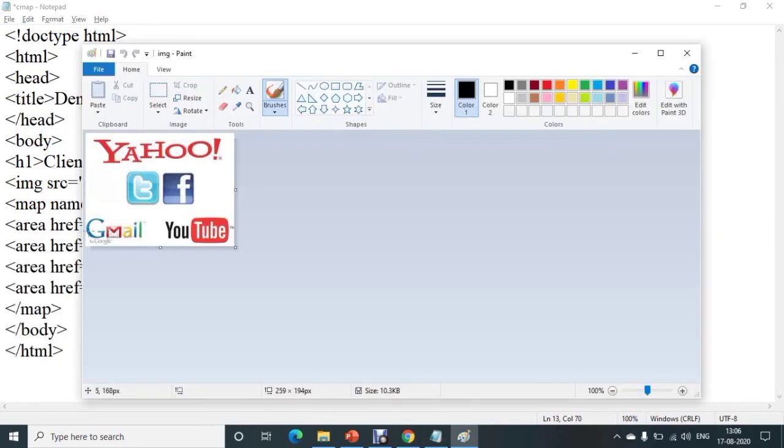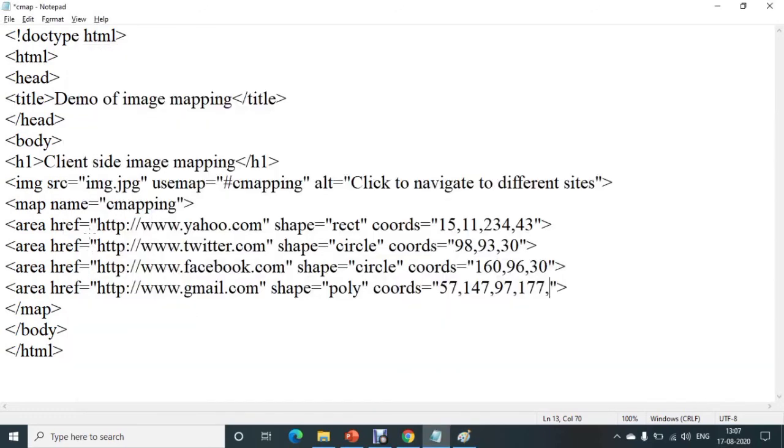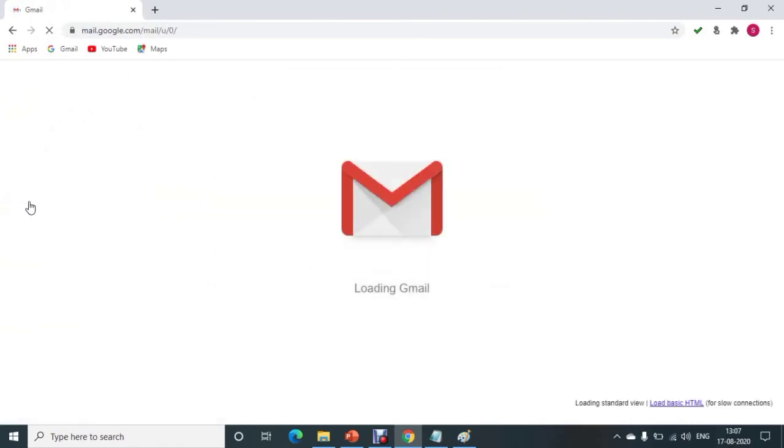Next, coordinates for this point: 7 and 172. Then save this program and try to execute it. See here, this is a triangular shape, and you have navigated to the Gmail site.